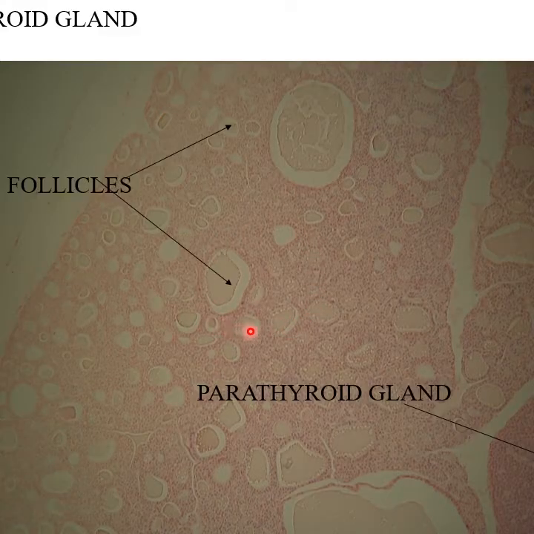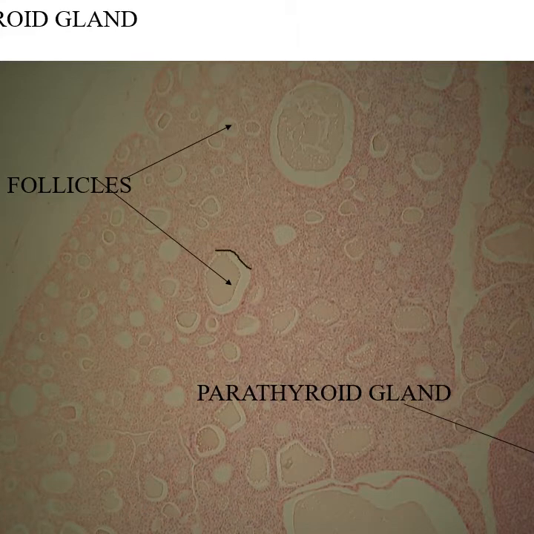This is the same gland. It's from a different animal. The previous one was a human. I have no idea what mammal this thing came from, but it's a lower magnification. But again, you can see the follicles. There's a big one there, a big one there, and all of these right here, there's one, there's one. Those are smaller follicles,